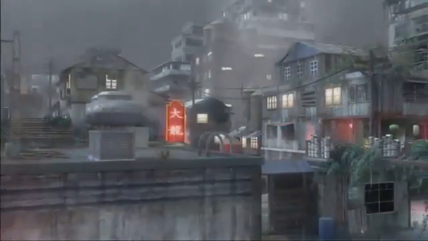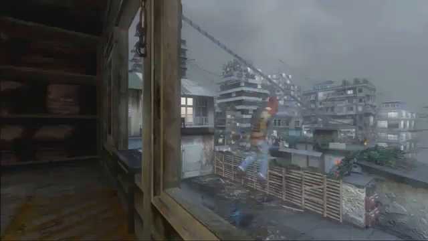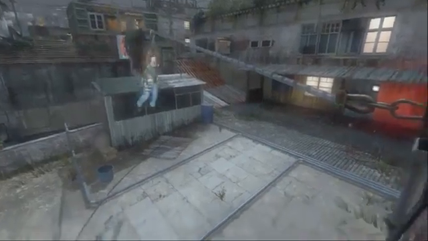Kowloon is inspired by the single-player campaign level that was also set in Kowloon City, China, but the actual design and the layout and the geometry in the map is built from the ground up for MP. Kowloon is the only map that has zip lines, which will allow players to quickly get from point A to point B. The trade-off to that is that you're completely exposed while you're on the zip line. You can't use your weapon. It's going to get you to your location much faster, but there's also the risk that you're going to get